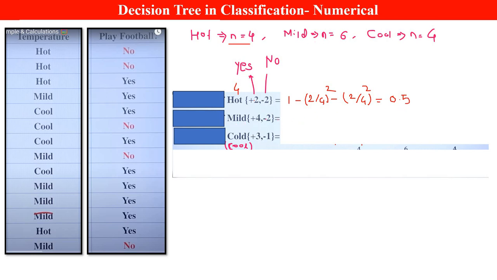Mild is coming 6 times. So this is 1 minus